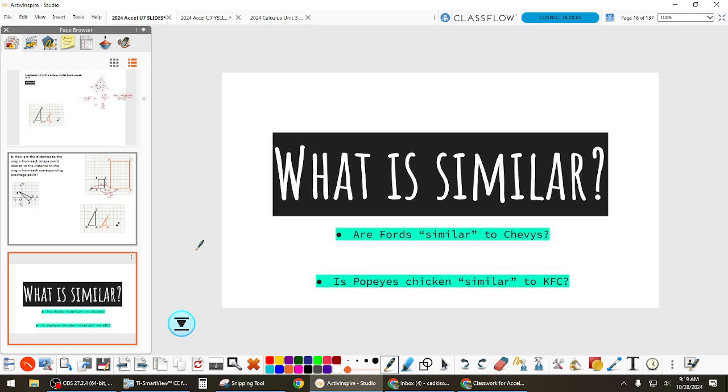Okay. Is Popeyes chicken similar to KFC? Well, remember we said a bit ago that similar does not mean exactly the same. So they are similar. Some piece of chicken meat is deep fried in some kind of batter with spices, it's similar, right? Should I ask if the Great Value version of Pop-Tarts is the same